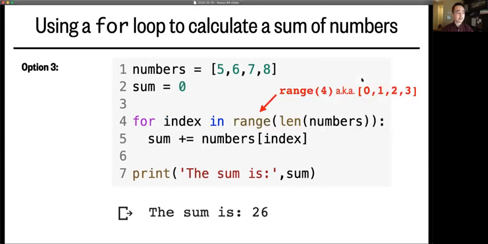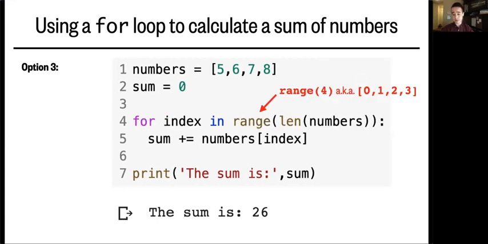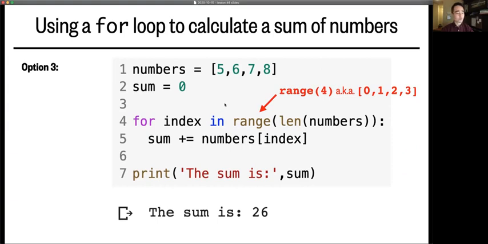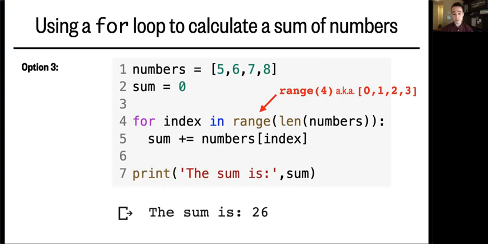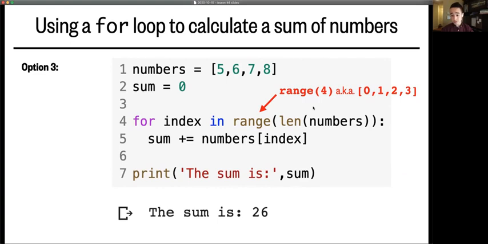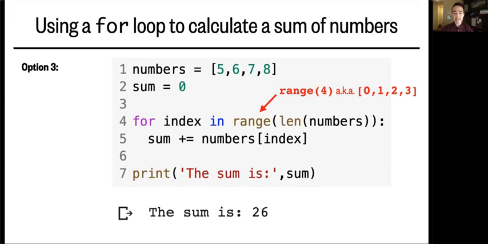And here is a third way to write this. This one is really important to understand because you'll be seeing and using this frequently. In the for loop, we're saying for index in range of the length of numbers. Recall that the len function returns the length of a list, tuple, or string, and the length here is 4, so range of 4 is the same as a list that counts 0, 1, 2, 3. So for each item in 0, 1, 2, 3, which will be called index, sum plus equals the index value